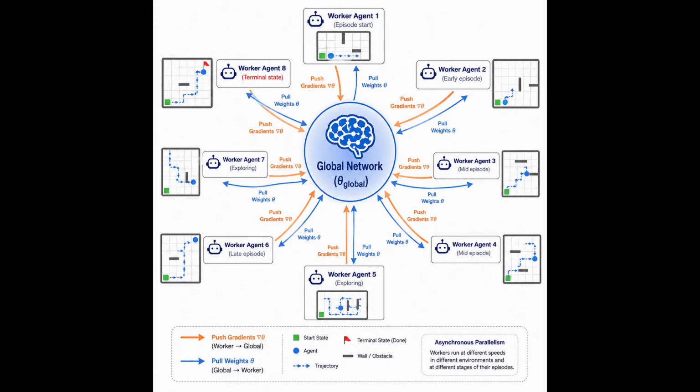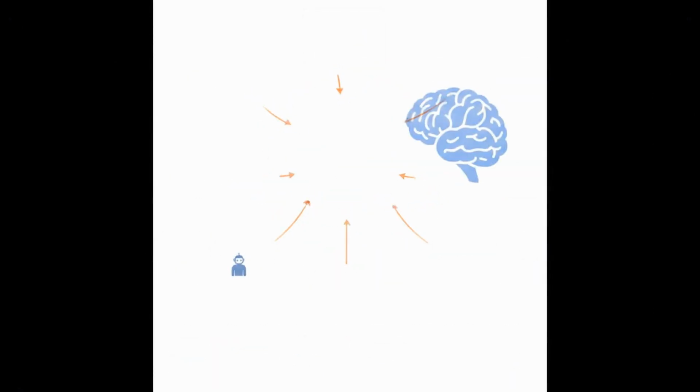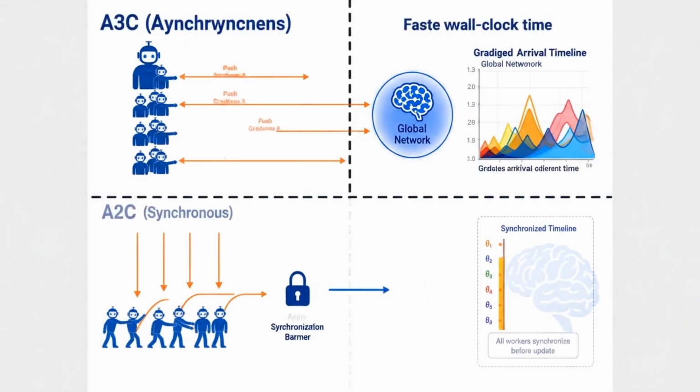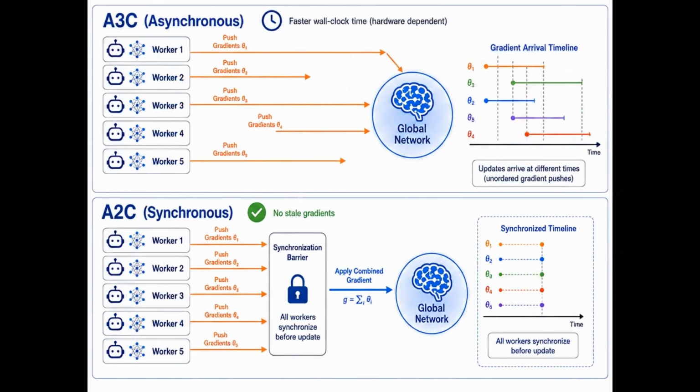A3C, asynchronous advantage actor-critic. A3C's solution is elegant. Run many agents in parallel, each in their own copy of the environment. Each agent collects its own trajectories independently, computes its own gradients, and asynchronously pushes those gradient updates to a shared global network. Because each agent is experiencing different parts of the environment at different times, their experiences are naturally decorrelated. No replay buffer needed. The update each worker computes is the standard actor-critic update, using n-step returns for better credit